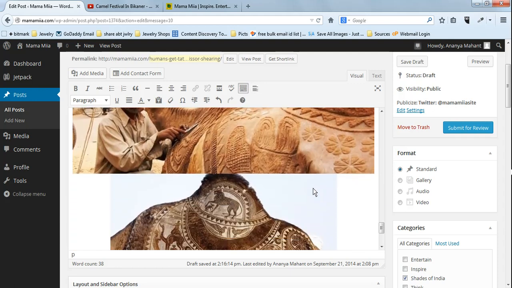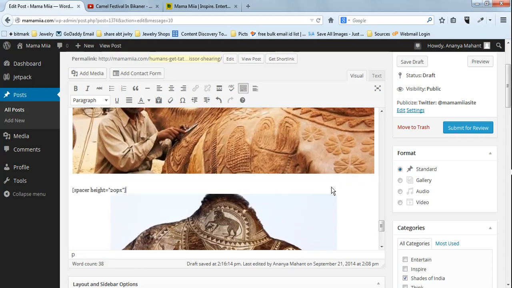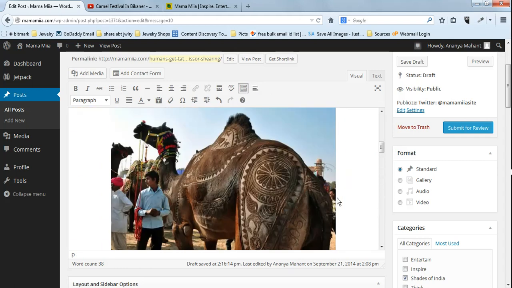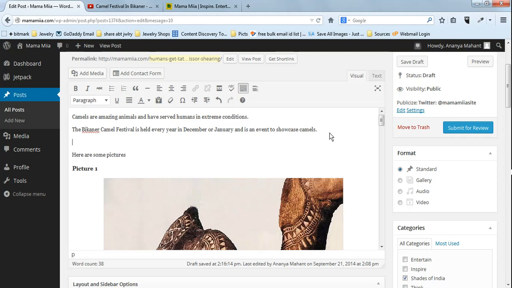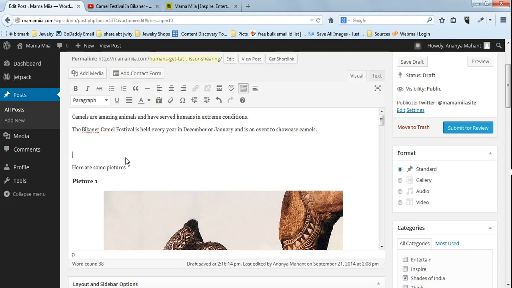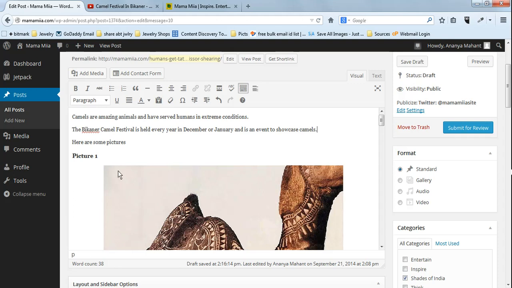If I introduce it between all pictures, there would be a uniform gap between all of the pictures. So if you're doing it for one, do it for all, so that a certain amount of uniformity is maintained. Even with text, if you want some extra distance between this row and this row, simply pressing enter does not work at times. You can instead give a couple of spaces using this button called spacer.